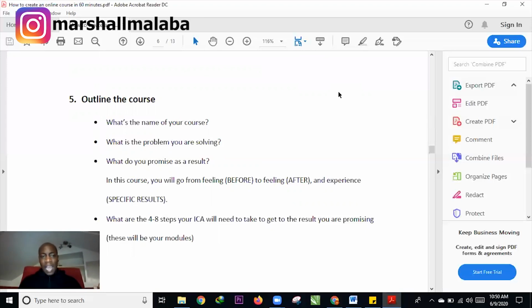One of the challenges that I noticed, the reason why I keep coming up with the graphic design course idea, is because that's the field that I was in earlier on before I started helping people to launch courses online. And one challenge that all graphic designers face is finding new clients. So if I'm creating a course for graphic designers on how to build a graphic design business, I can create a course which sounds something like, in this course, you go from feeling fatigued and burnt out from finding clients to feeling